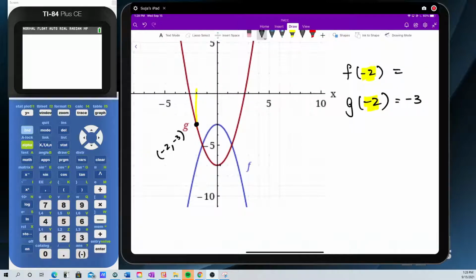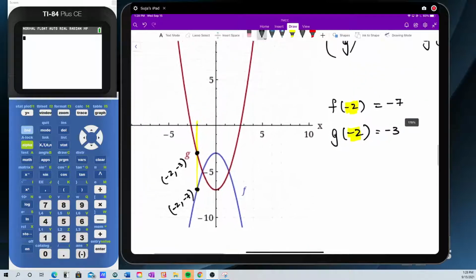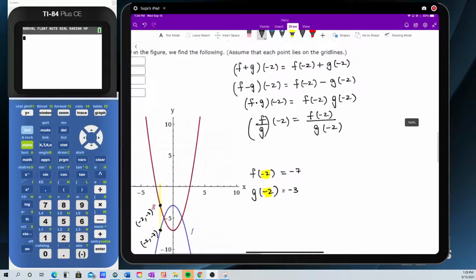The same way, if I keep bringing that line down, I see it will hit my blue graph at this point where when my x is negative 2, my f of negative 2 is going to be negative 5, so negative 6, negative 7. Therefore, this is negative 7. So these are the only two values I needed to finish this problem. So if I go back to the problem,